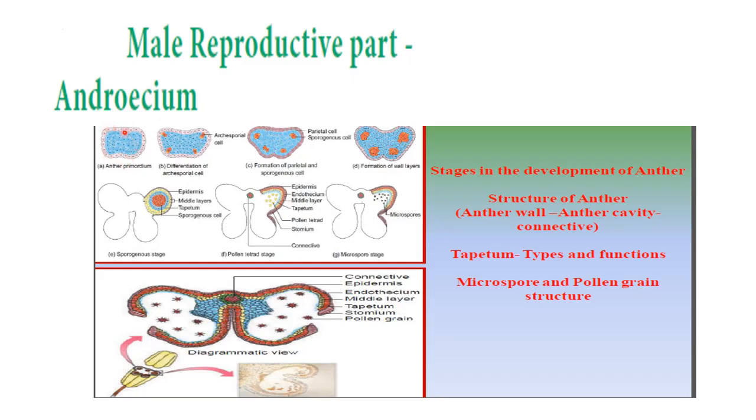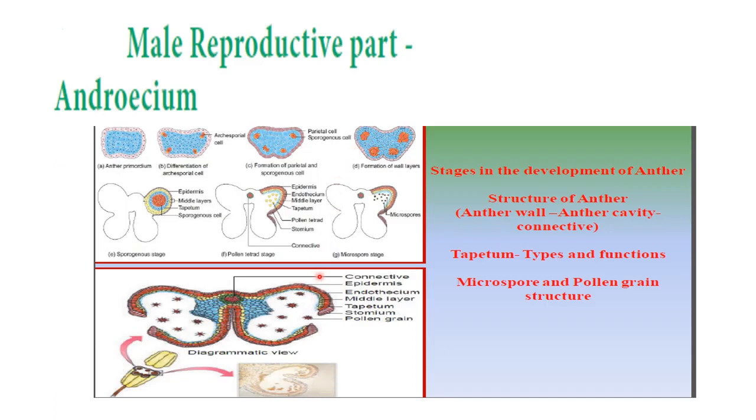A young anther has an outer epidermis and an inner mass of uniform cells that will be called the hypodermal cells. Some of the hypodermal cells get enlarged and start functioning as archesporial cells. These archesporial cells divide again to form a parietal cell towards the epidermis and sporogenous cells towards the inner side. This parietal cell again undergoes many mitotic divisions and